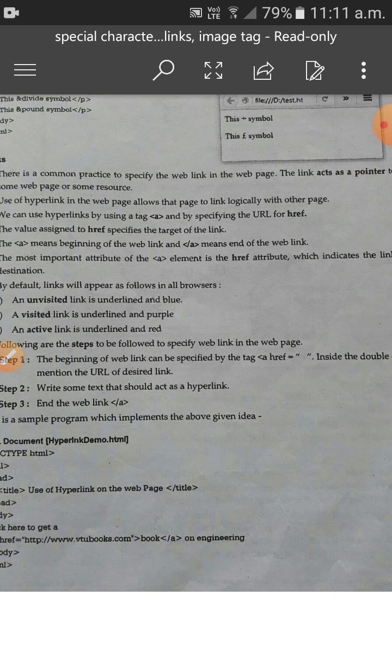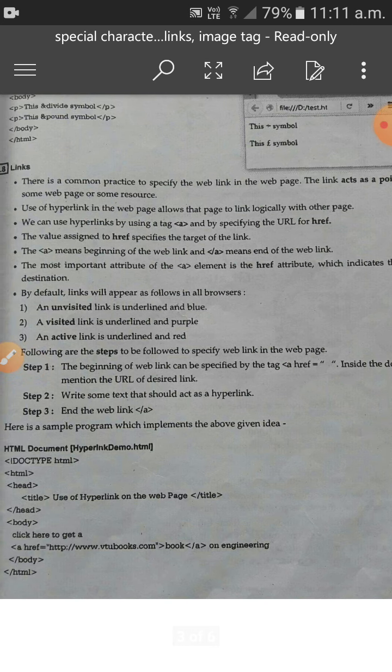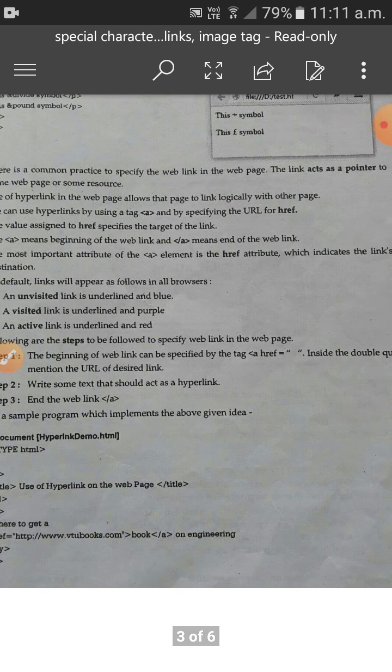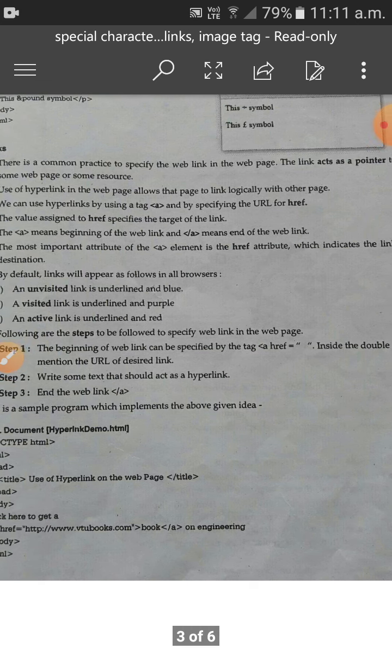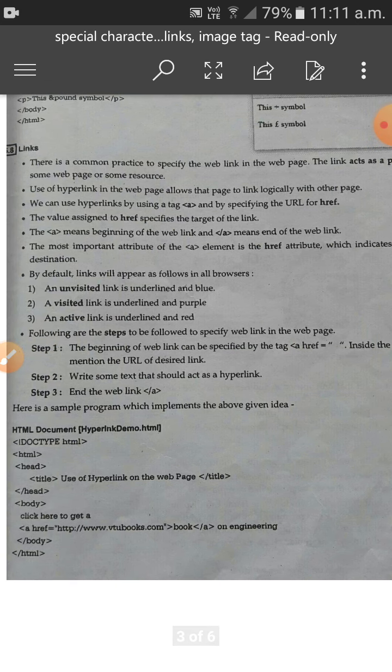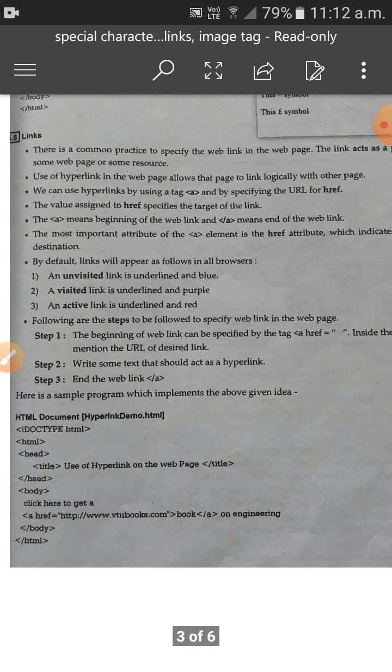If you click on that link, it will refer to other pages. The link acts as a pointer to some other page or some resources.